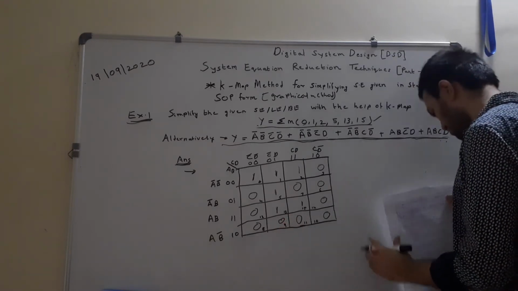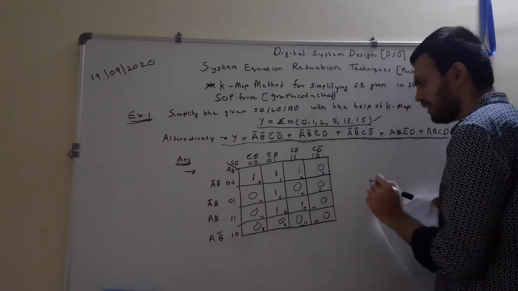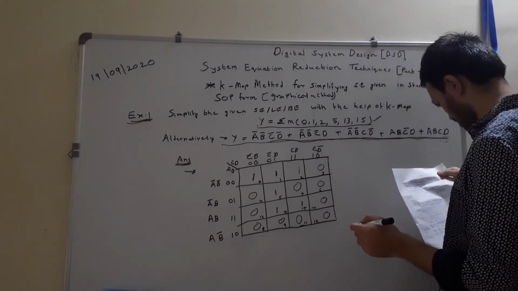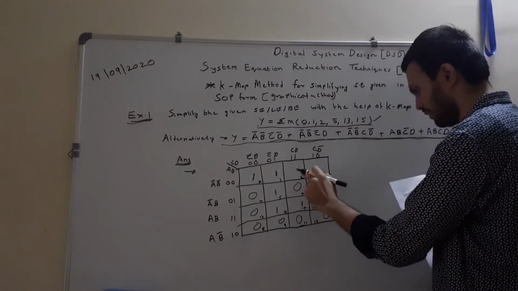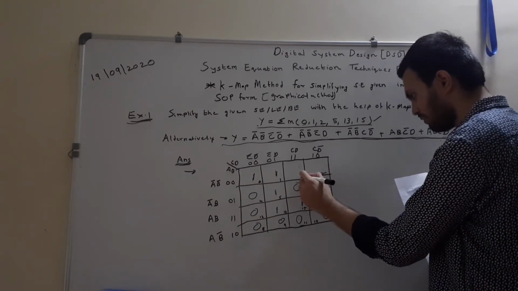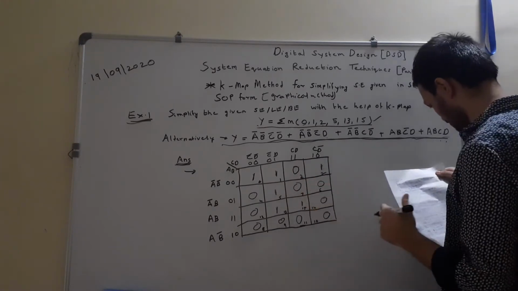Let us fill all the cells by zeros. And now let us check whether we can form pairs out of this. So 0, 1, 2 is there. Sorry, I have written 2 wrongly over here. So 2 should be here and 3 should be here. So okay, here it will be replaced by 0.